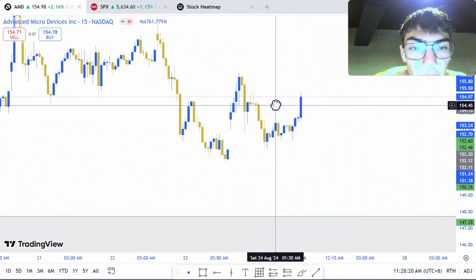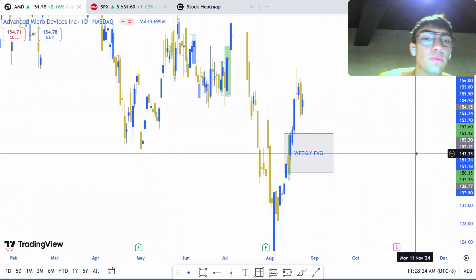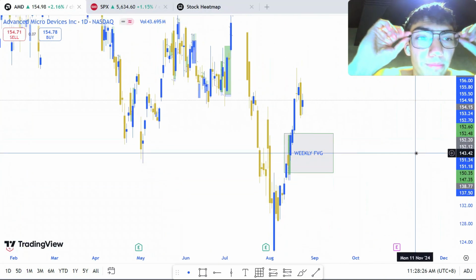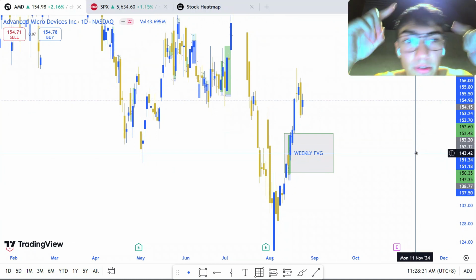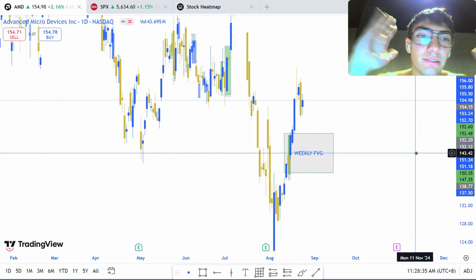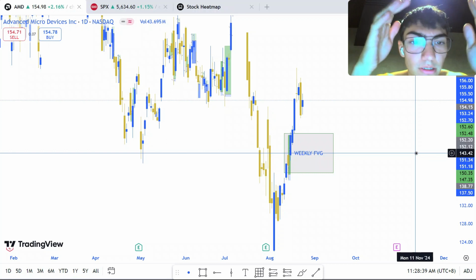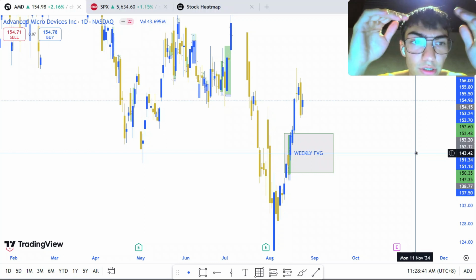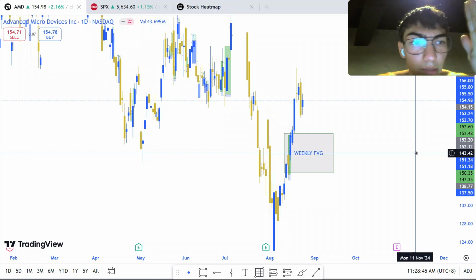But anyways, I think price is just gonna retrace to the weekly fair value gap. If I'm wrong, I'm wrong. But Nvidia has earnings and it could mess up the whole market. So I'm aware of that. But if you look at the stock, or if you look at the charts, everything's saying it's going down, but NASDAQ might ring it up.